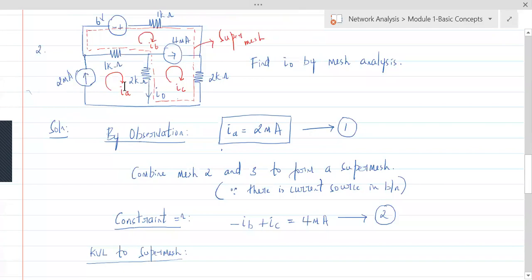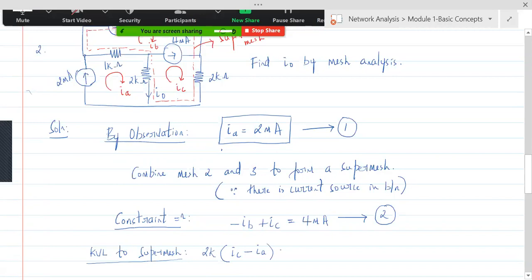That's why when we write the voltages, IA would have the negative sign, whereas IB and IC would have the positive signs because we are operating in the supermesh. Understand that? So let's start from this 2 kilo ohm. Those who understand can start writing it yourselves. Here it's 2K. Since we are operating in the supermesh, the current in the supermesh would be positive. That is IC minus IA.